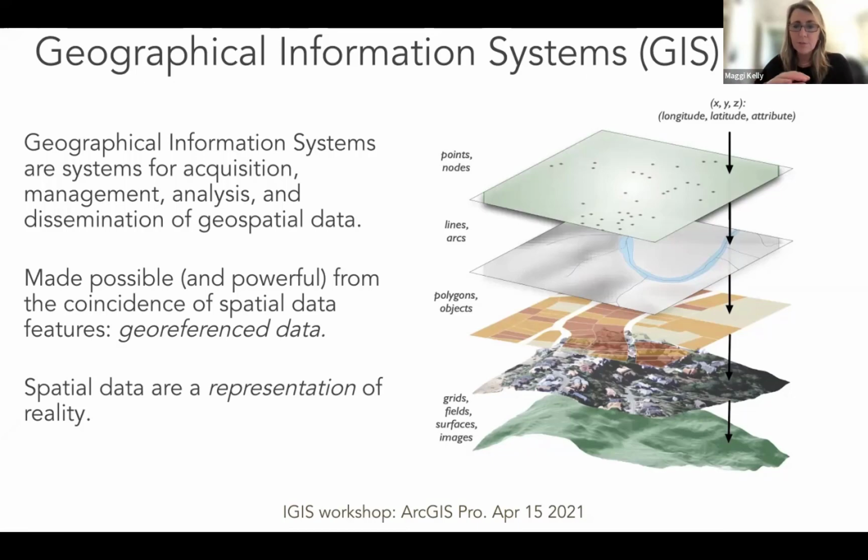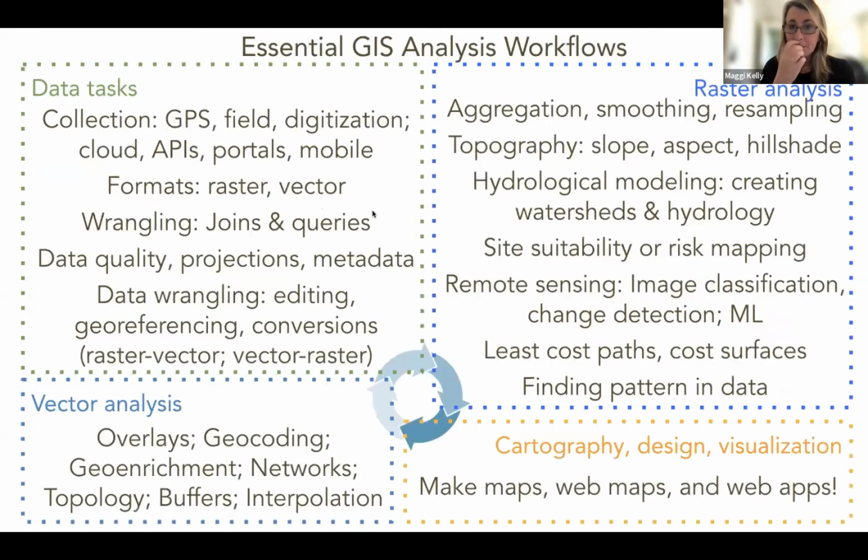The 3D world, we essentially strip into these 2D sheets. So we can have elevation, we can have imagery, we can have polygons, lines, points, and all of them are tied together by a common georeference system. In this case, latitude and longitude, so we have an X and a Y and some kind of attribute. These are all just some representation of reality. They all have some measure of uncertainty. All the GIS does is it takes those layers and it pulls them back together again and allows you to analyze them in a spatial way.